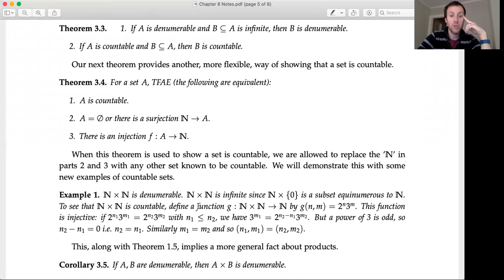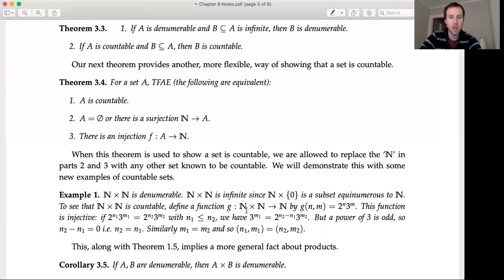And how we can show that is, well, first, sorry, first we can say it's infinite because it has a subset N times {0}. So here, these are all the pairs that look like a number and 0. That has the same size as the natural numbers. Sending a number to the pair is the bijection. We can also see that this set is countable